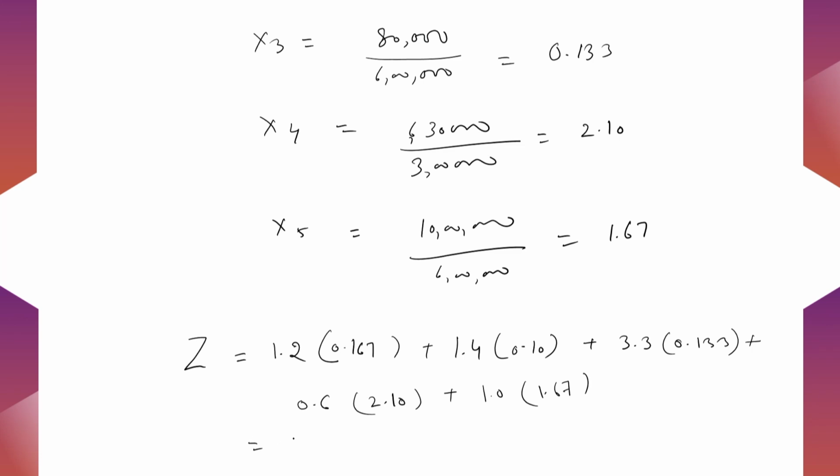What we got here is 0.200, 0.140, plus 0.439, plus 1.26, plus 1.67. So the total value is Z equal to